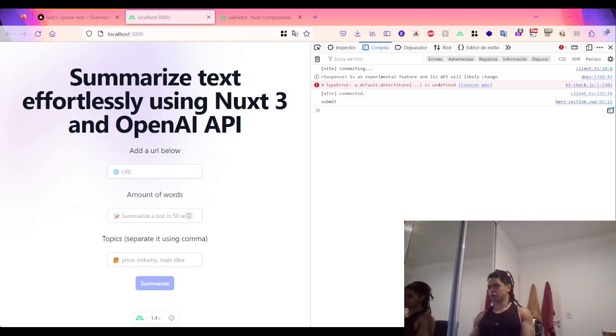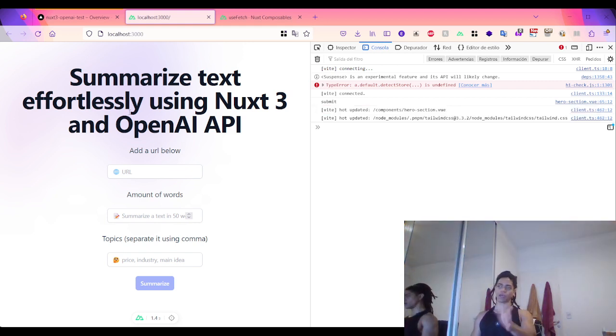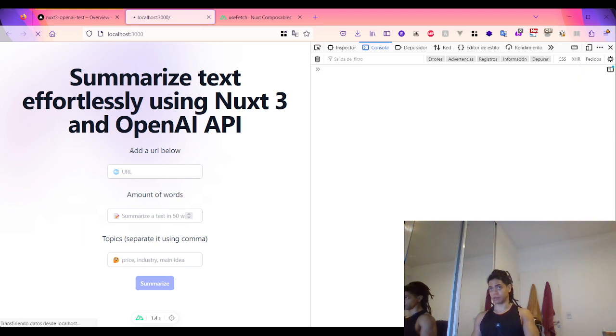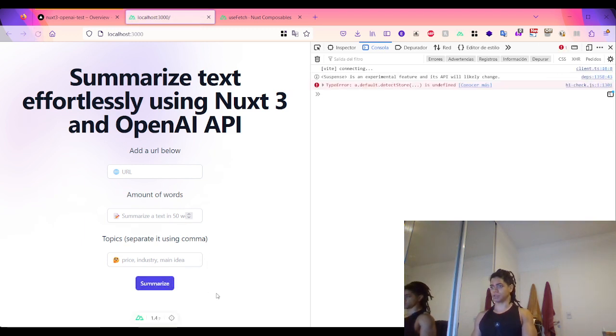You're going to only show this class when loading is true. That's right. So you're only going to add this class when loading is true. Okay, which is great. All right, cool. So I don't know why it doesn't work here, but